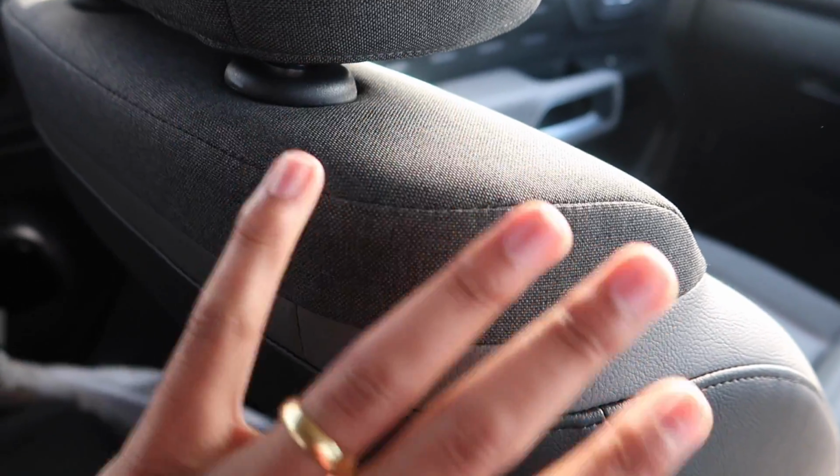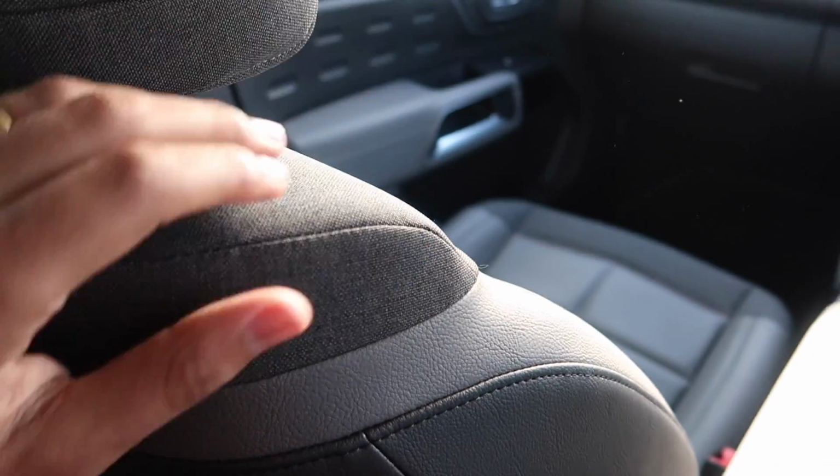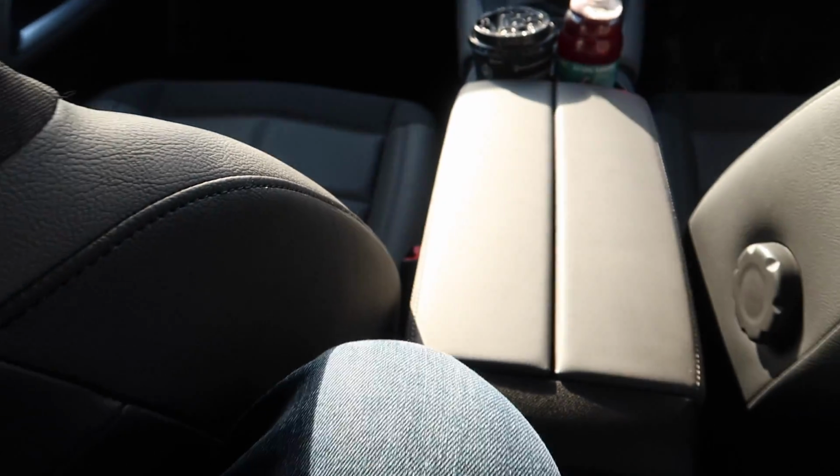And the transmission tunnel, that's my umbrella. Let me move that out of the way. The transmission tunnel is very minimal. So you haven't got a large hump going through the middle of the car. So if you wanted to sit in the middle seat, you should have very little problem whatsoever. Now this seat has been brought all the way back because my wife likes to stretch her legs out. So obviously this is a bit of an extreme example because normally this seat would be further forward. But yeah, in the middle seat,